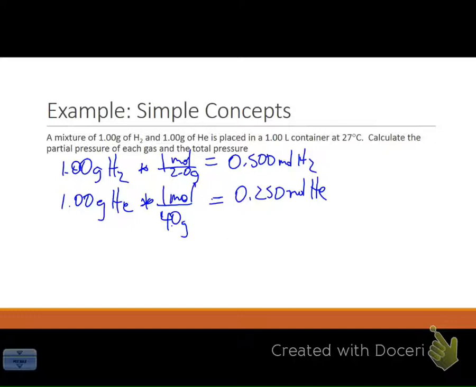Because it wants to find the partial pressure of each gas and the total pressure. So the way I'm going to work it this time, in order to get the partial pressures first, is I'm going to use the ideal gas law. And this is another interesting thing here. We've learned PV = nRT